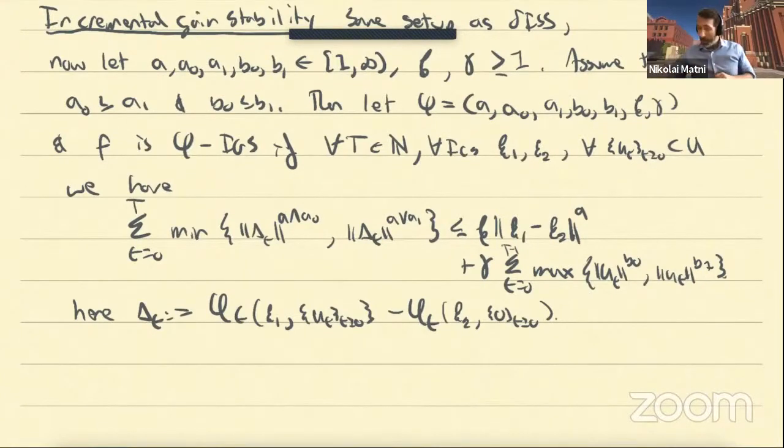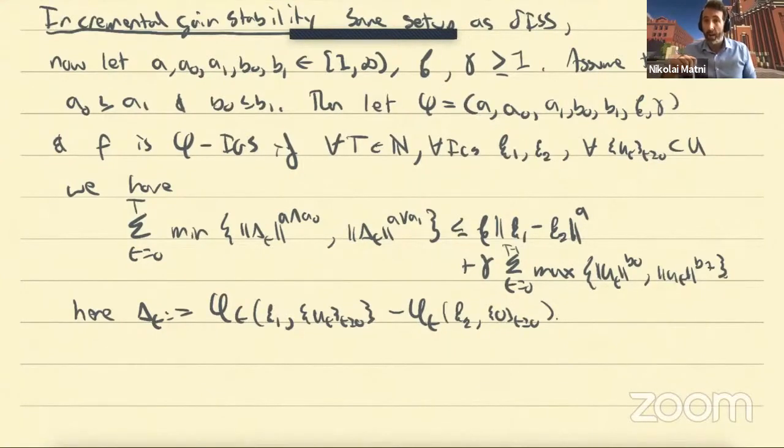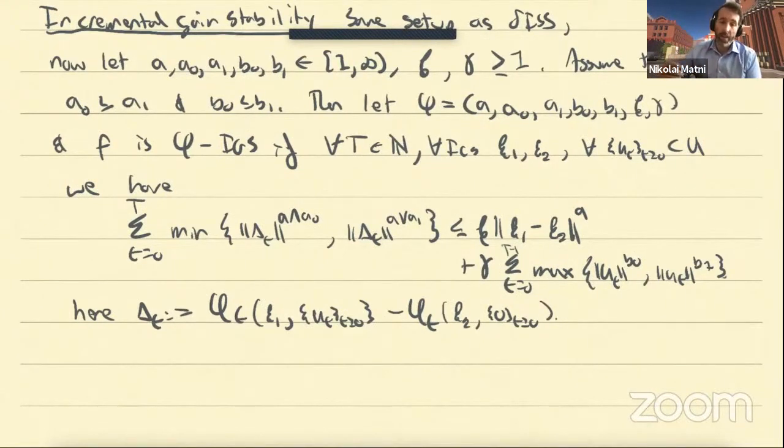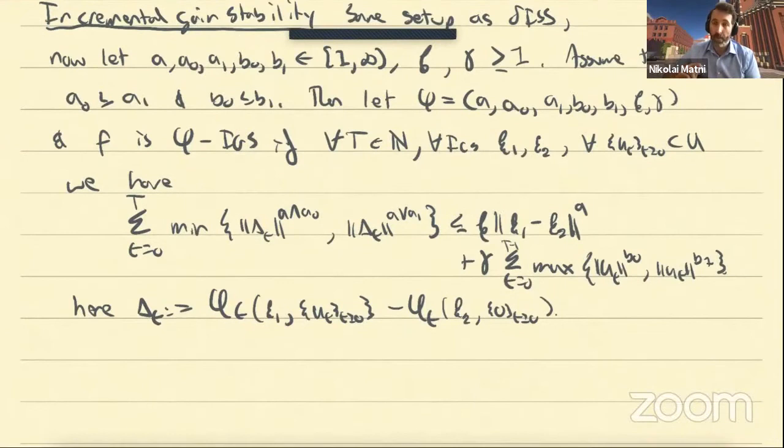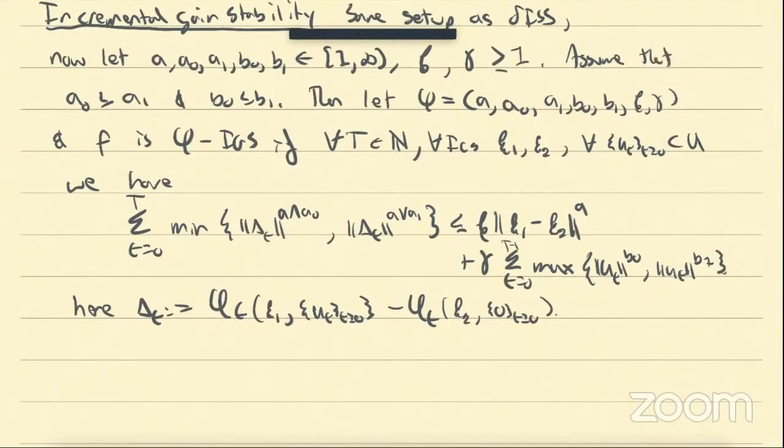That's a great question. So what I'm hoping to have time to show quickly is that contraction implies delta ISS, IGS. And in particular, A0, A1, B0, and B1 are all equal to 1. So this collapses down to something. So exponentially incremental stable systems imply IGS with those parameter choices, but not necessarily the other way around. This is a strictly weaker notion than exponential incremental stability. Yeah, thank you.